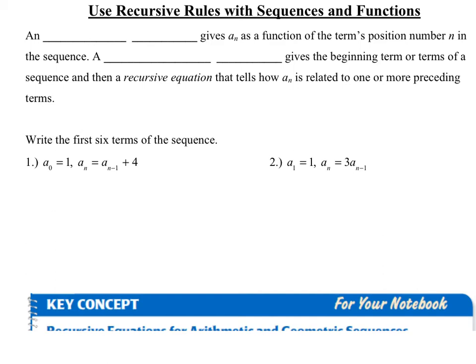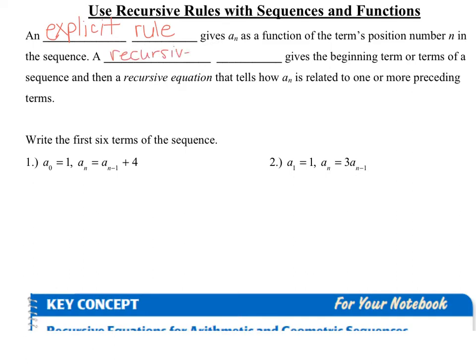An explicit rule gives a sub n as a function of the term's position number n in the sequence. That's what we've been dealing with so far in this chapter. Explicit rules allow us to give you an n value, you plug it in, and you can find any output of the sequence. A recursive rule,